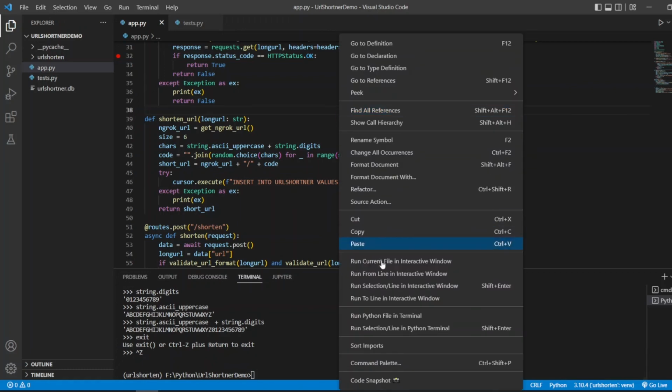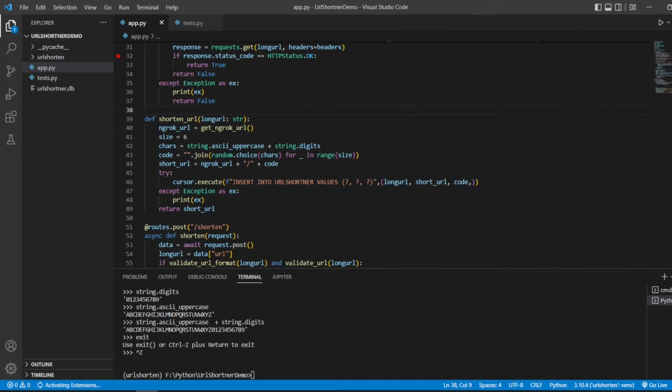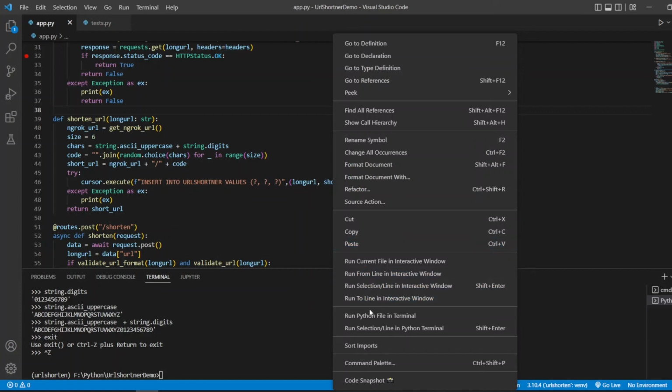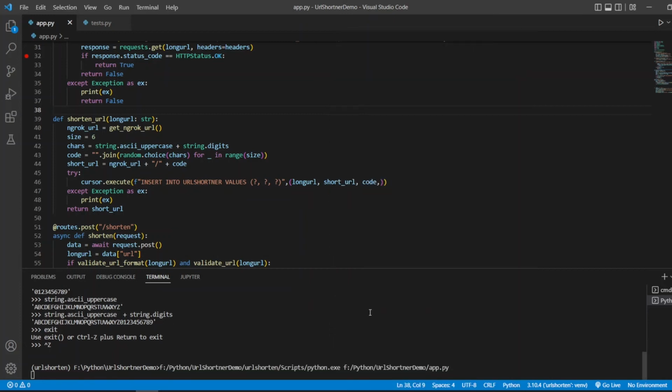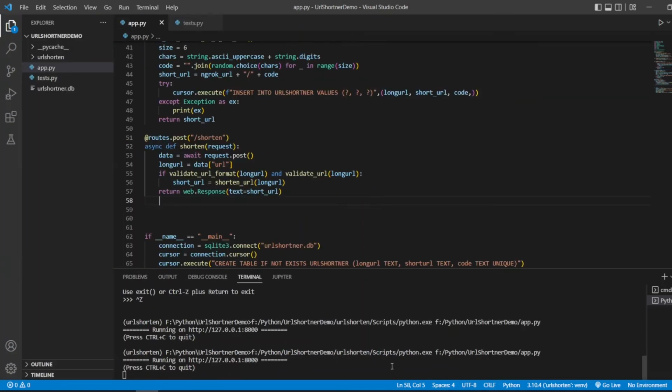Let me now run the code. Oh, I've done this wrong. Let me quickly shut this down as well and run the Python file in terminal. Right, so a web server is now running, and we'll see if it is able to transform the long URL